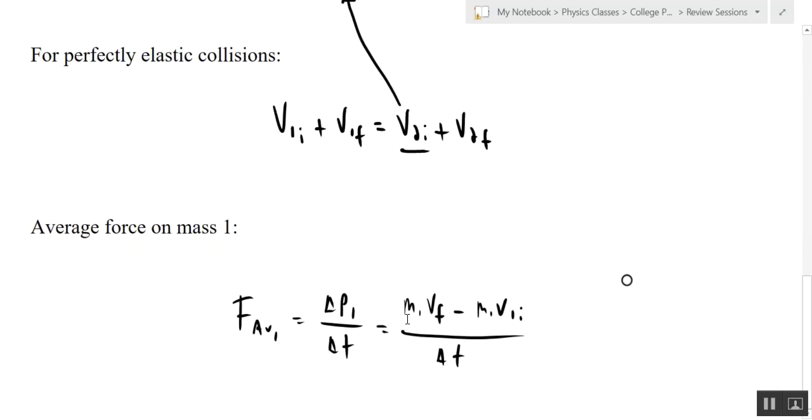So now you know mass 1. And sorry, this is V1F. I just have to change this because they're not stuck together anymore. Okay, so this is the momentum of mass 1 after the collision, minus the momentum of mass 1 before the collision, divided by